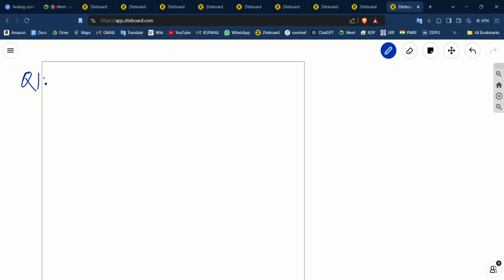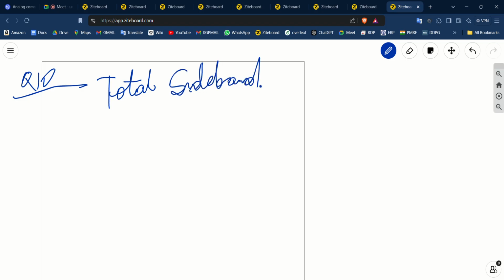So the question is to find the total sideband power. This is what we need to find. Now, if you see a normal AM, it is A plus